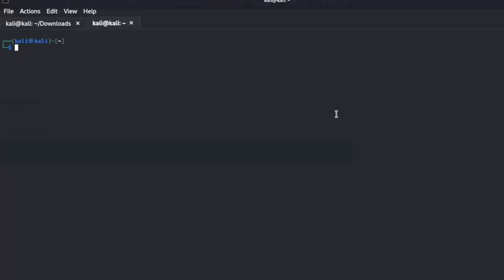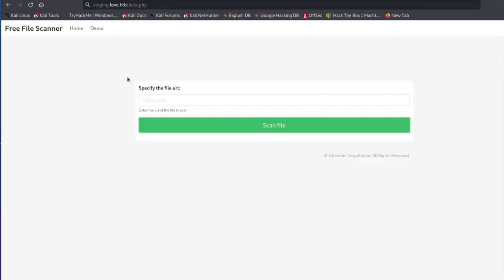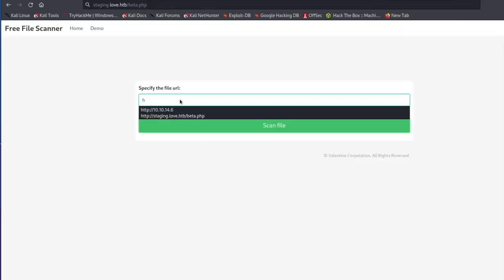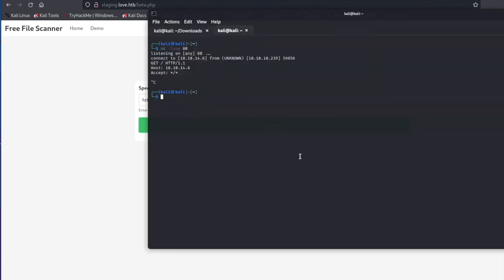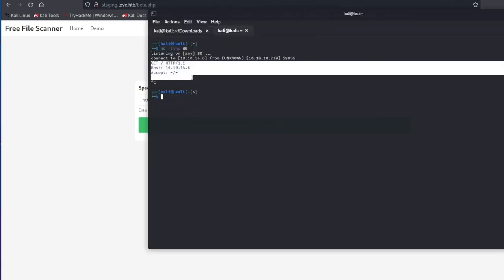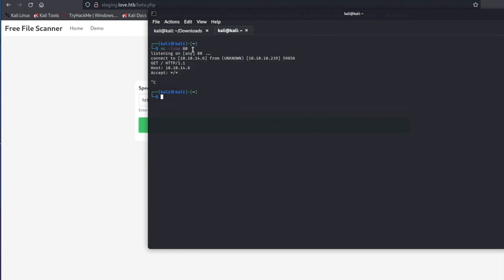You can just come over here to a terminal, and you can set up a Netcat listener on port 80, and it needs to be on port 80 because it's going to have to go through the HTTP protocol. Over here, you would just type in something like HTTP right here. This is my VPN with Hack the Box, and so we can hit scan file. It's going to hang for a second, we can cancel it, or you can just come over here and cancel out of this. You can see that it reached out to my little Netcat listener here on port 80,